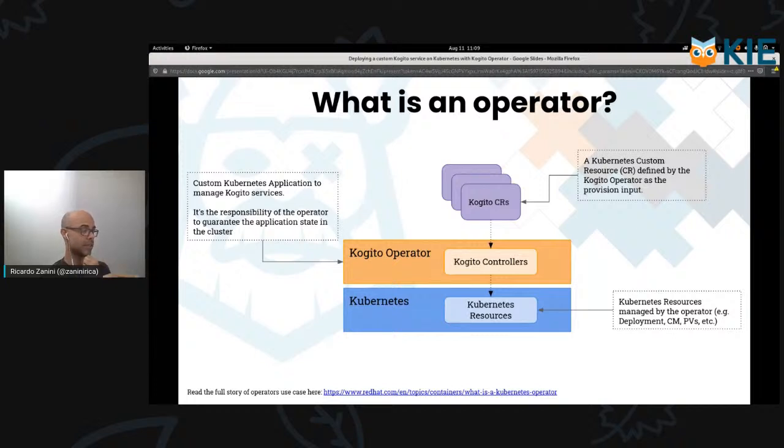And there's this link here. I think that Karina will share the presentation with you after this live. And this topic here on the Red Hat website is a very nice article about what a Kubernetes operator is, and there are lots of details in this article. It's very good to see it. Okay,